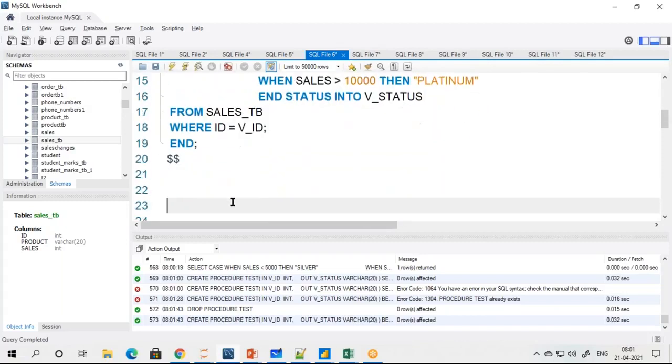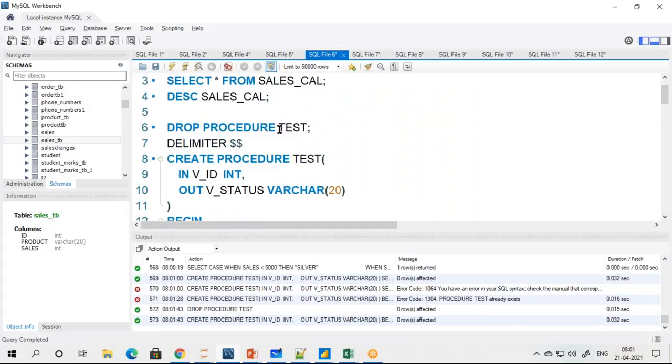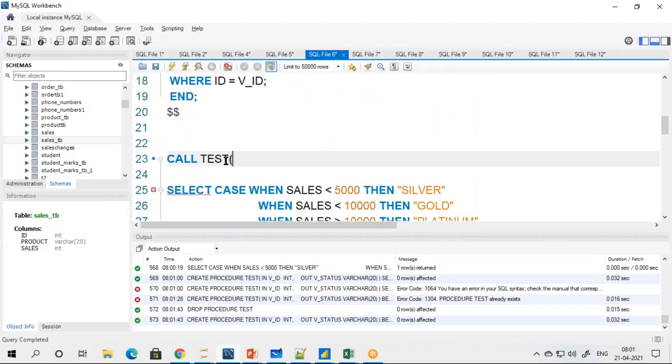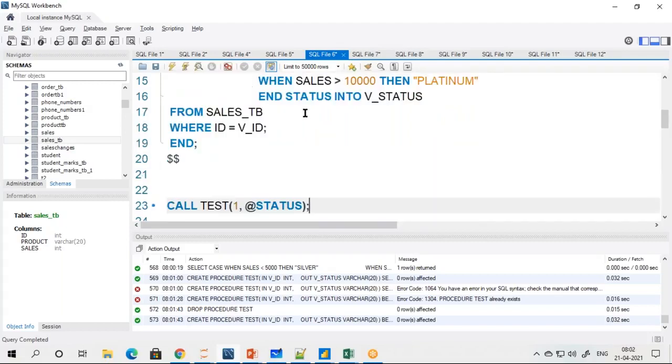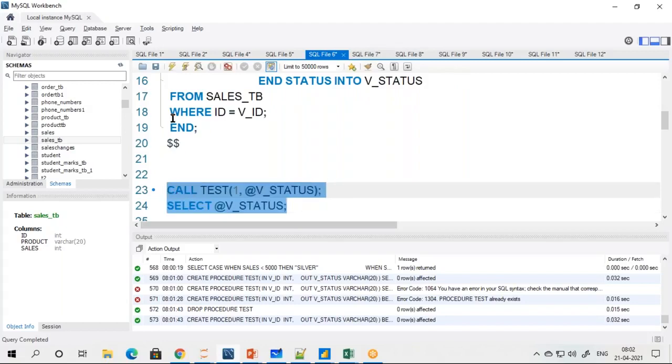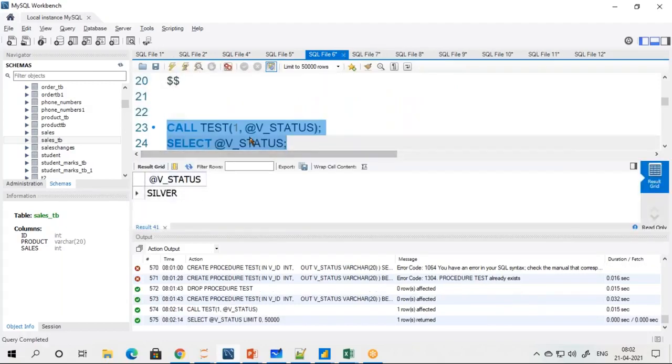Now how do we access it? Call test, id, at symbol v status, then select v status. Now if I call this, I'll get silver. If I call 2,